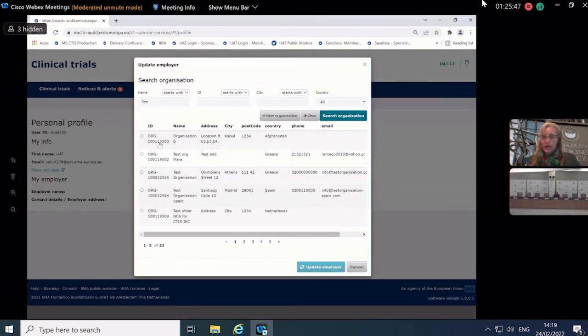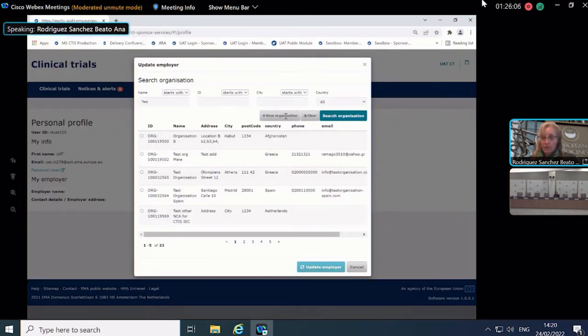So you see, CTIS interfaces with OMS, and it will display the available organizations that fulfill the criteria that I included here in the name field. If your organization is not here, then you will be able to create your organization, and for that purpose you can see here this option that is initially disabled will then be enabled to facilitate the possibility of you including your organization if you don't find it in the results retrieved from OMS.